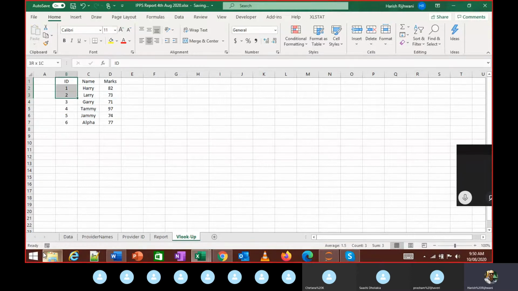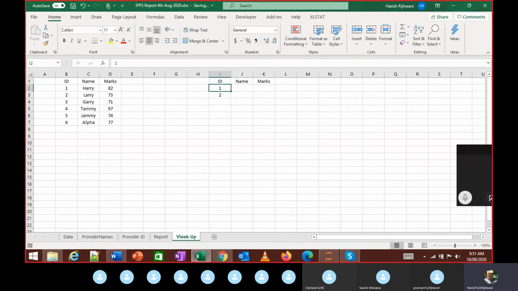I have this information. For a particular ID, I give any particular ID over here, and I need to find out the name and the marks. So in Excel, like I said, there is a formula called VLOOKUP.